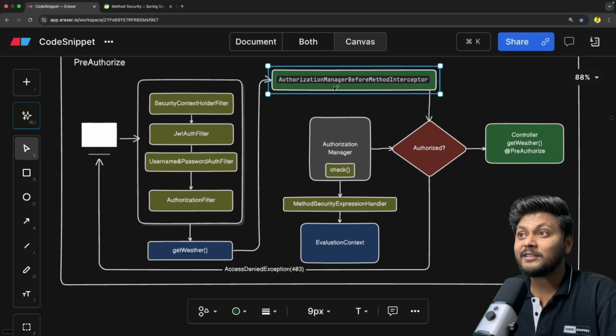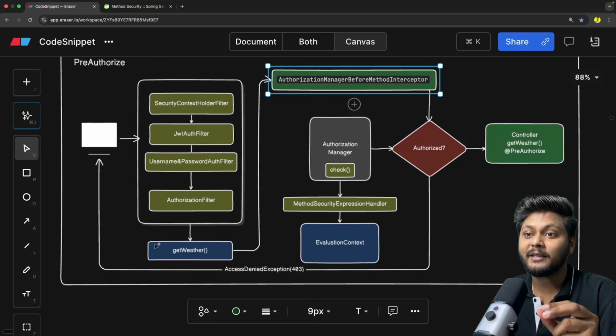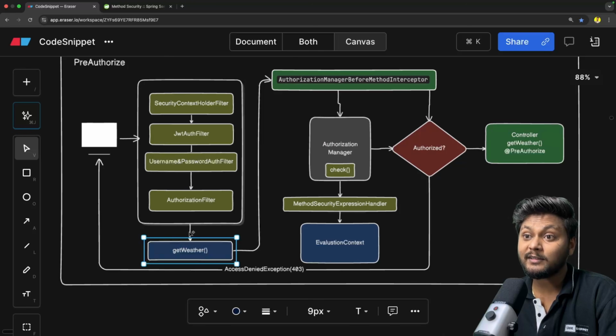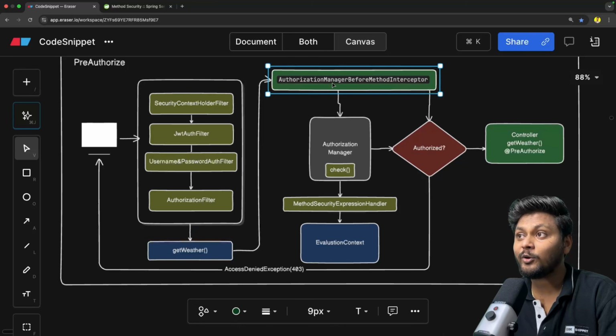And what is the job of this guy now? This guy's job is to check the authorization, whatever is present inside that particular PreAuthorize annotation, right? So we are yet to give the authorization over here. We will come back to it. Now once this request is intercepted and your interceptor is called,